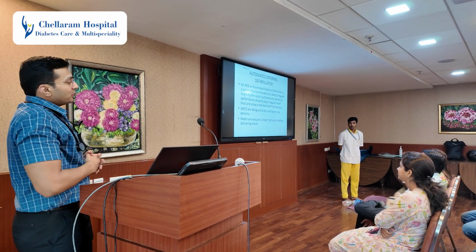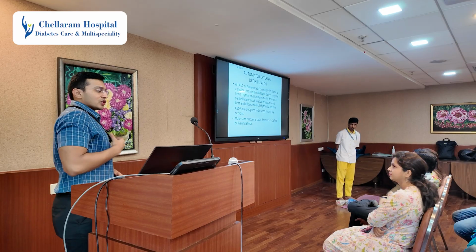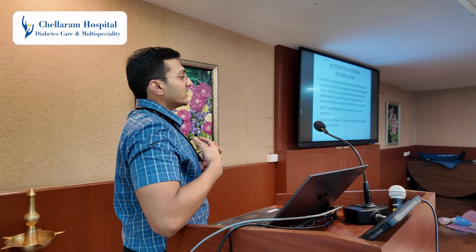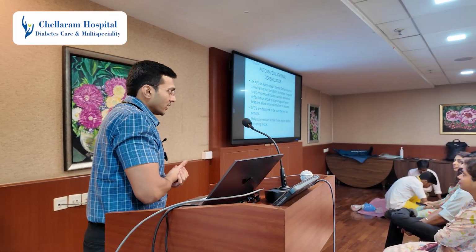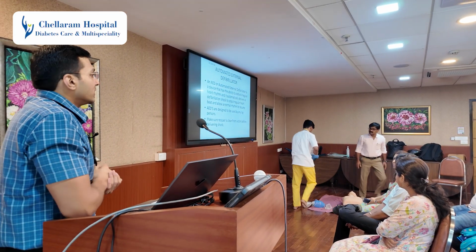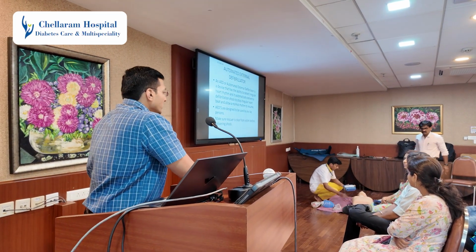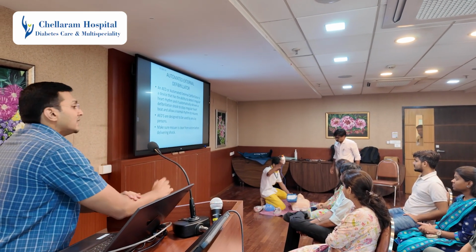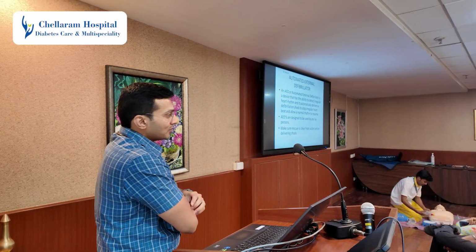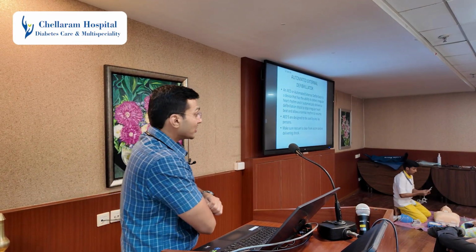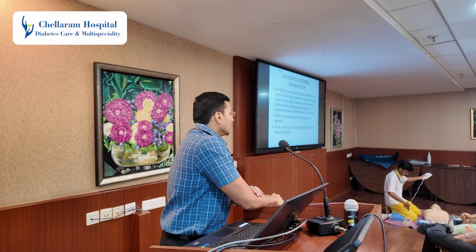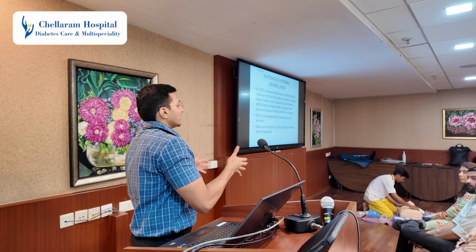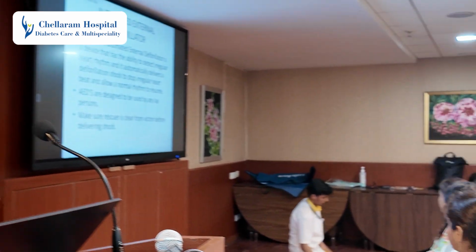Again, after this, if you have a defibrillator, what is the automated defibrillator? An automated defibrillator is a device which usually detects irregular pulse. Okay. It will not defibrillate in an arrested rhythm. It will only detect irregular pulse. Why do we need an automated defibrillator? Many a time, in case of arrhythmias, any irregular pulses, we have to defibrillate the patient to regularize the rhythm. Okay. For that the defibrillator is used.